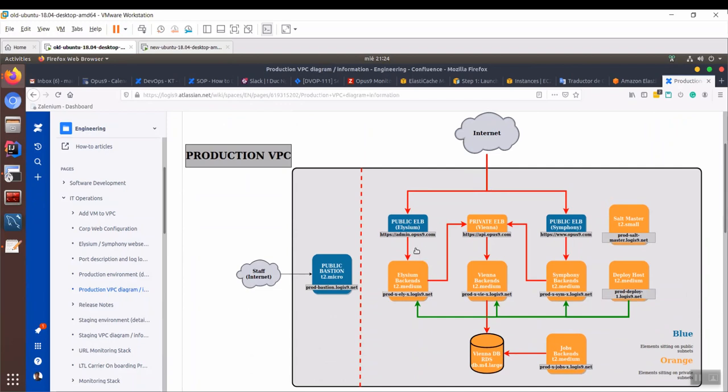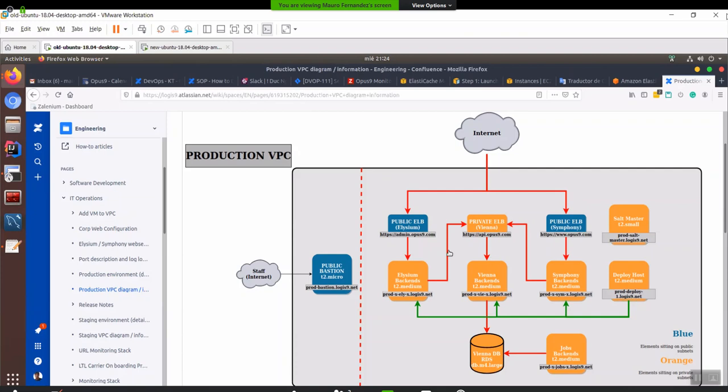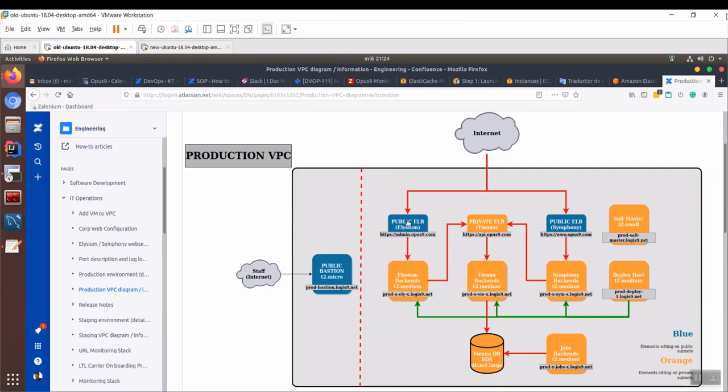Copy this one and add another server here, another server with a load balancer. It's more or less the same as we have here. Okay. And connect to, this is the public ELB, and the internal server is here. Here it's very simple because we have a very simple network.